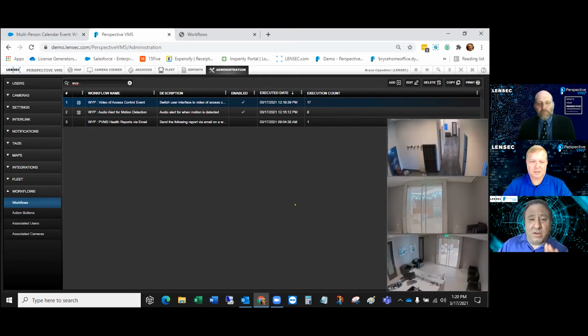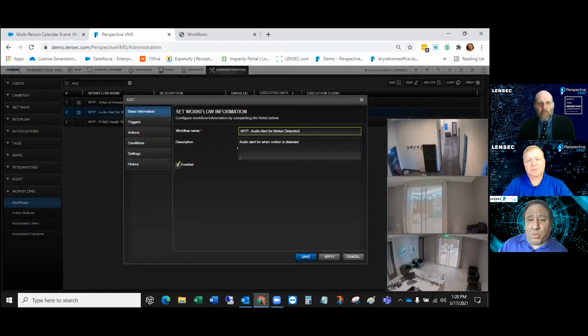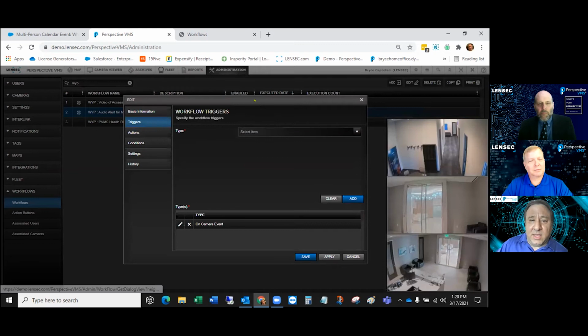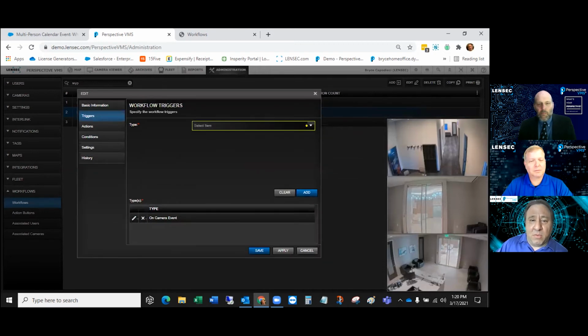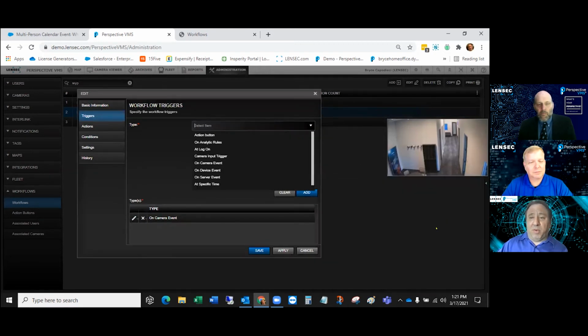Instead of my interface changing, I have a little pop-up. Now, the pop-up is a little more complicated because it uses a camera input to create the pop-up. In this case, I was creating the workflow from the access control device. Right. So if I was starting from the motion of a camera, then a pop-up can be created. And that's a great point, Keith, if by adding a second trigger, I could then add